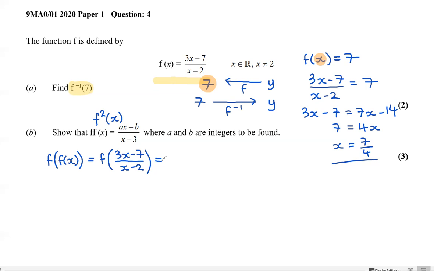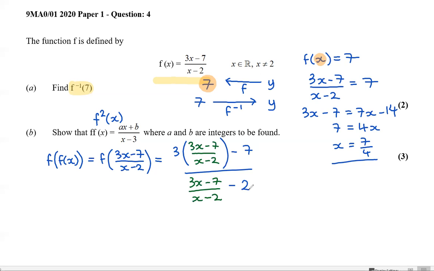Okay, so that's my input. So that means that wherever I see an x, I'm going to have to replace it with 3x subtract 7 over x subtract 2. Okay, so I subtract 7 and then I divide by, again, 3x subtract 7 over x subtract 2. And this time I have to subtract 2 from that. So the first step always looks really, really bad. It looks really, really complicated. We do have something in our favor, however. We have a denominator, which is the same